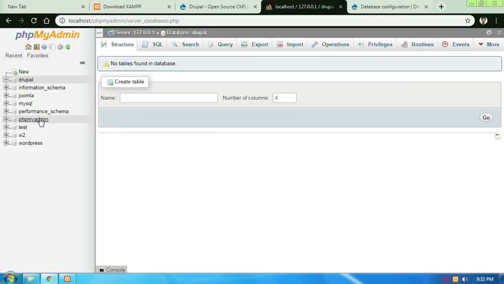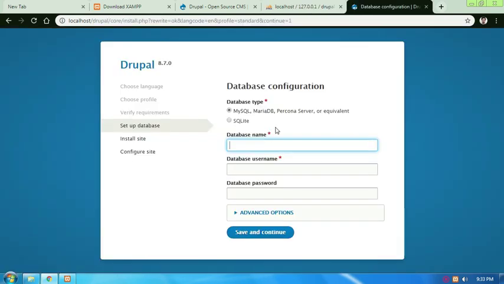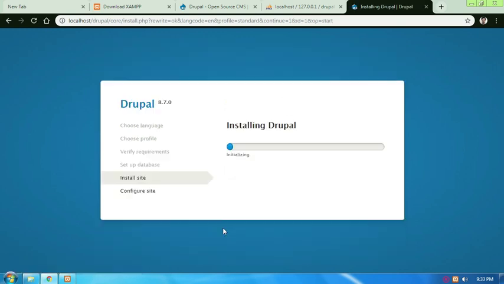We created this database earlier. It's called Drupal. For the database username, we need to type root, and database password, leave this blank. Click save and continue. And now Drupal is being installed.